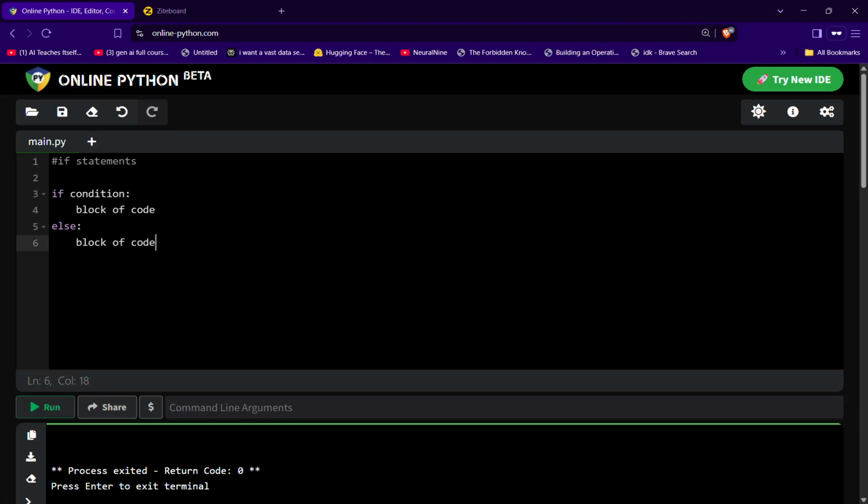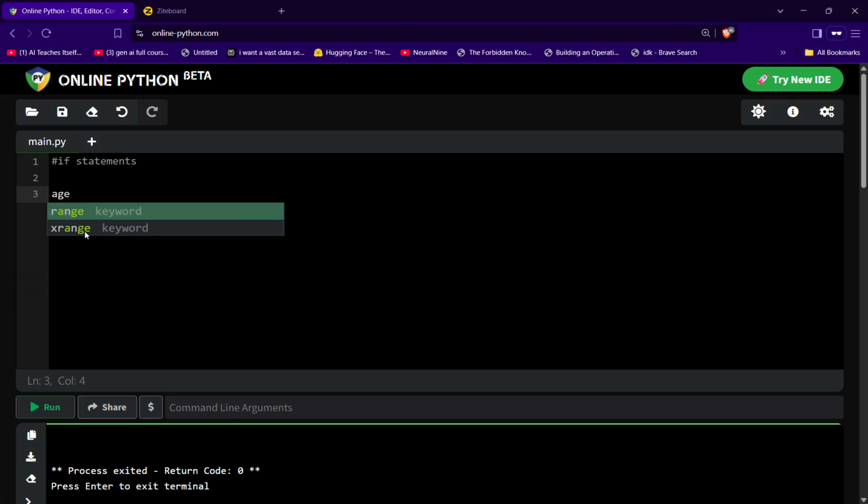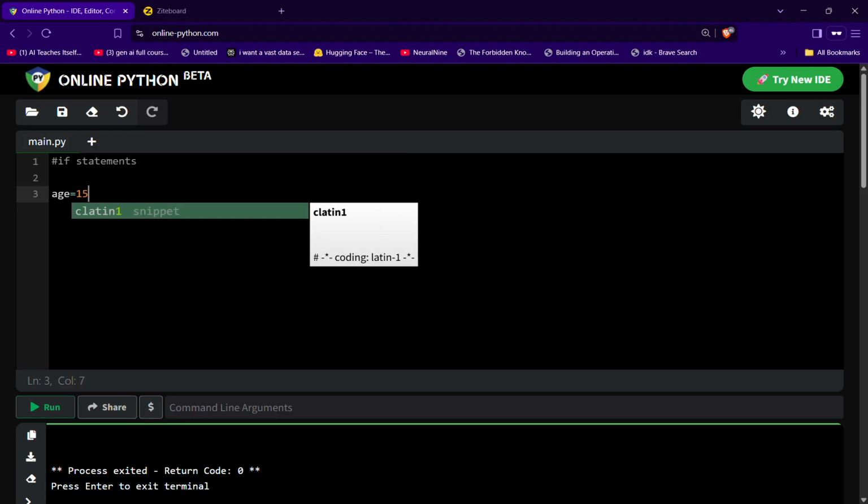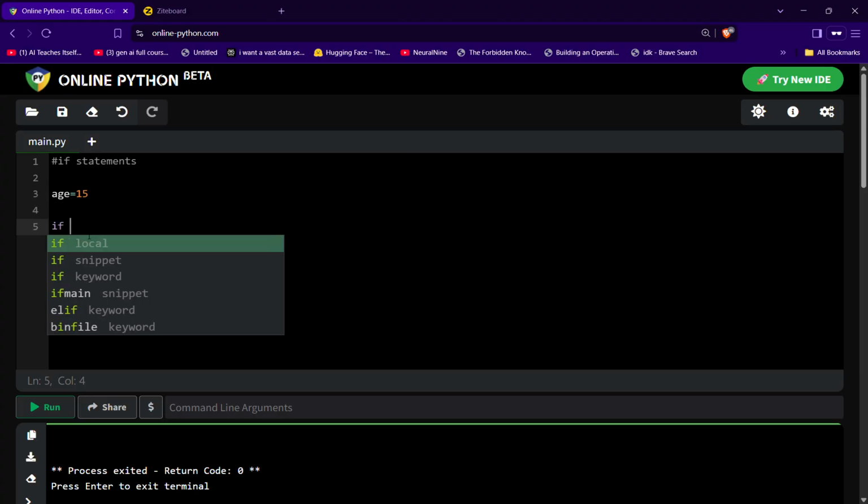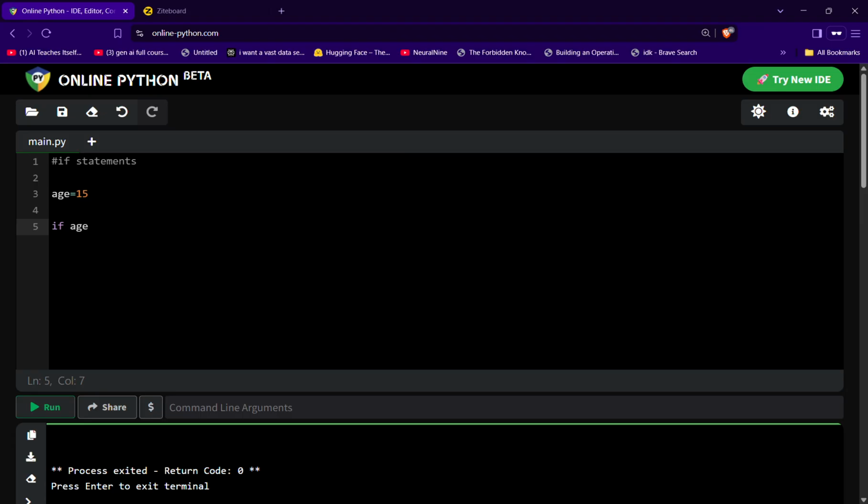Now let's see a use case for if else in a basic program. I want to write a program to check if a user is eligible to vote or not. Let's define the voting age: if a person is above 18 years old, he's eligible to vote, else he's not eligible. So I'm going to define age, and I'm going to say that age is, let's say, 15. Then I'm going to say if age greater than 18,